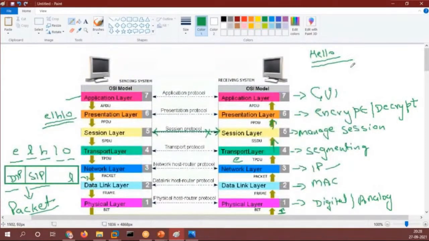So it will be back in its original form. Now that will be sent towards your application layer, and at the application layer your end user is sitting and he gets the data, right? So that is the thing that happens when you send the data through the OSI model.